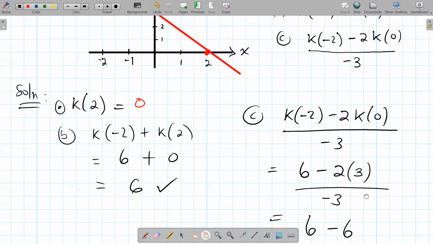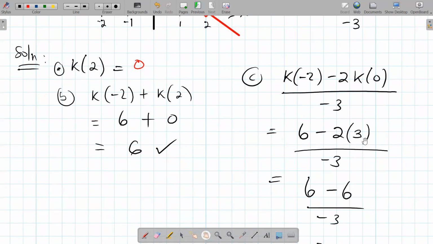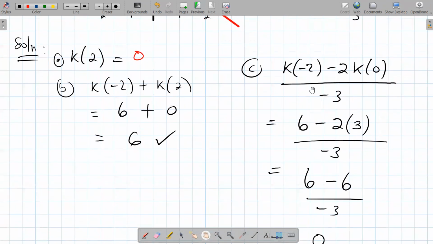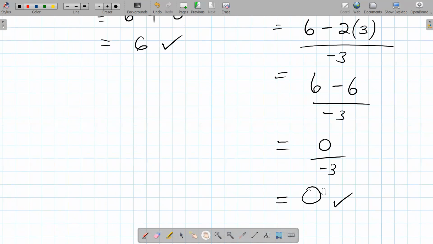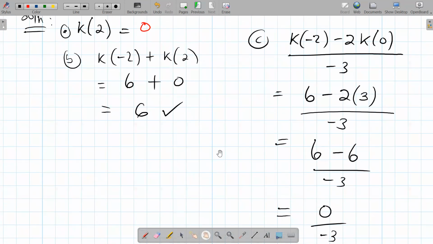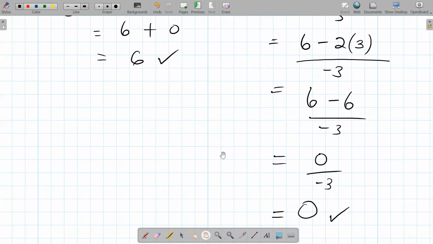So I put it here. 2 times 3 gives me 6. There's this subtraction there. The 6 is also there from the K of -2. And then when we subtract, we get a 0. 0 divided by any number is 0. So this is how we evaluate functions. And again, a function notation is just a representation of the link or the association between the